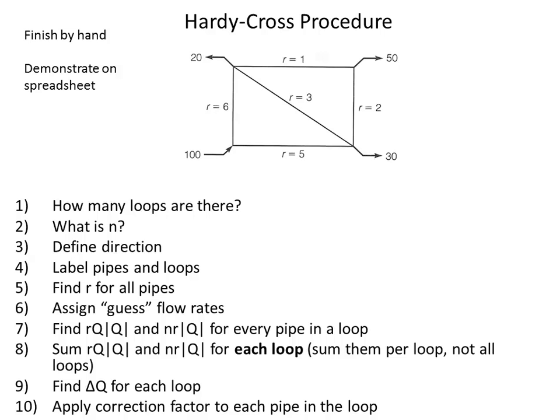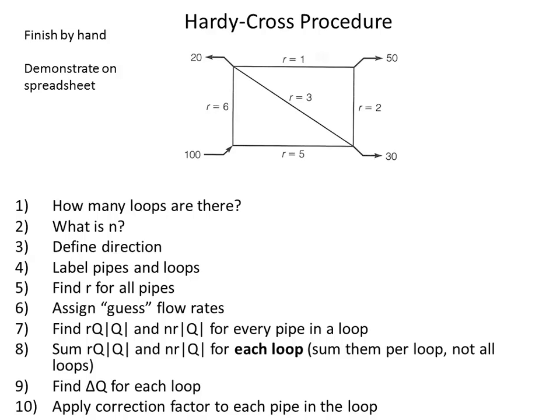I haven't yet filled in the flow rate for pipe 1-3. I did have an initial guess for pipe 1-3. Remember, my initial guess was that it would be 15. And so when I'm talking about loop 1, I call that positive 15. When I'm talking about loop 2, I call it negative 15 because it's going against the clockwise direction. And so I know it's going to be negative,